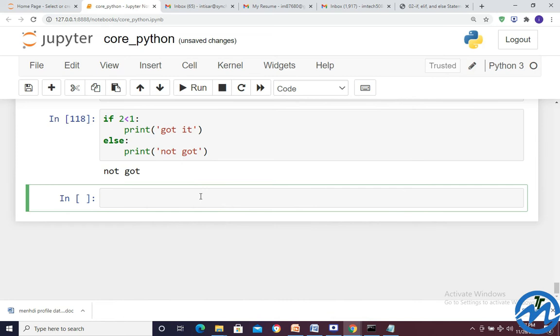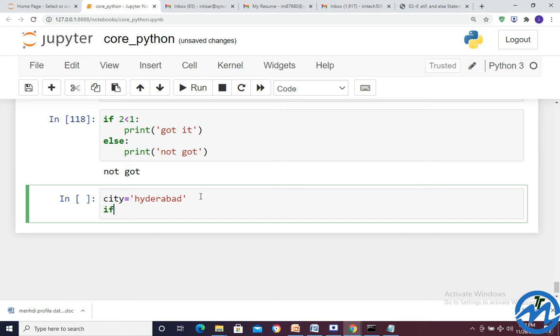So now we'll write multi branches. We'll see how we can do the multi branches in it. Suppose we have city is equal to Hyderabad.